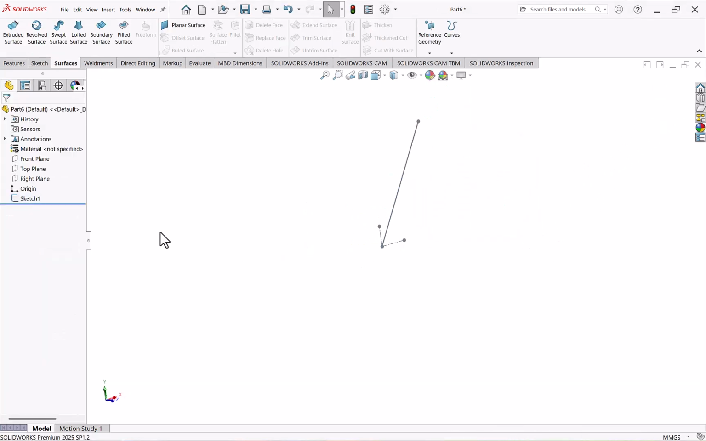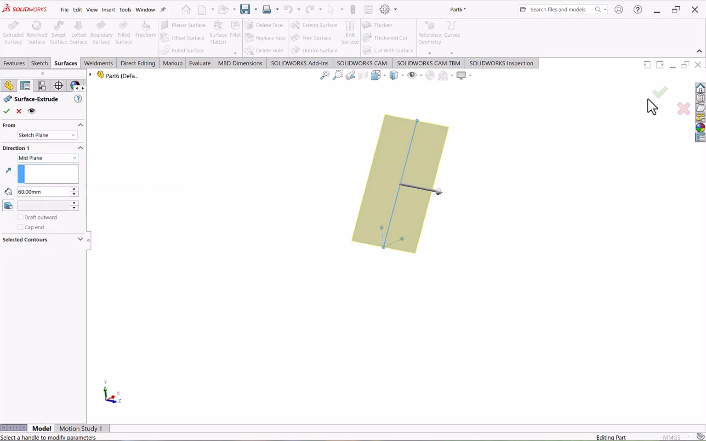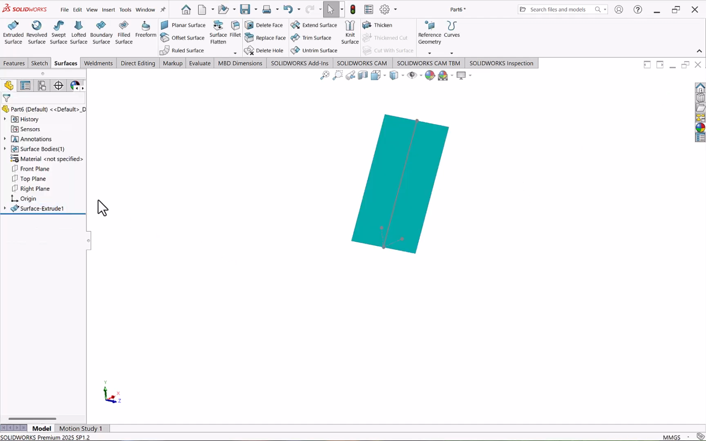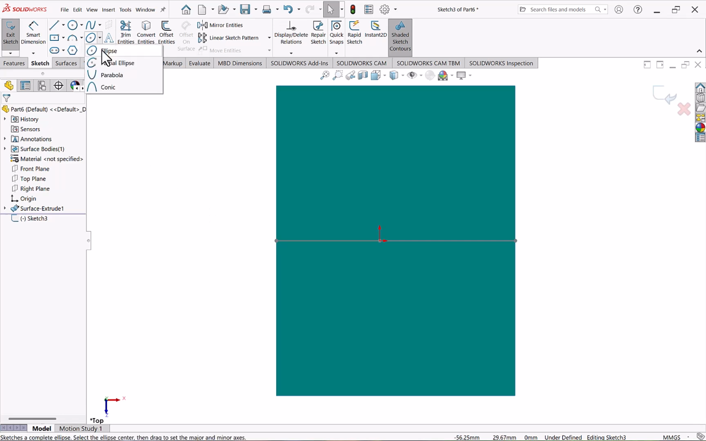Now we'll extrude this sketch. We'll select the sketch and go to surfaces, take extrude surface, taking it mid plane and defining total distance is 60. Do OK. Now we'll take top plane, sketch on it. We'll take ellipse command,